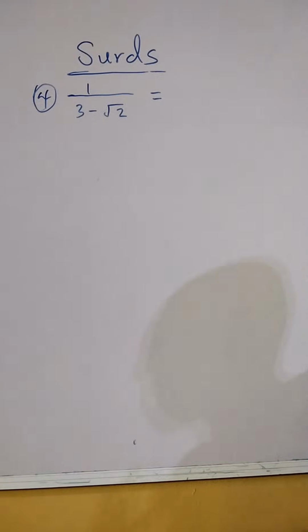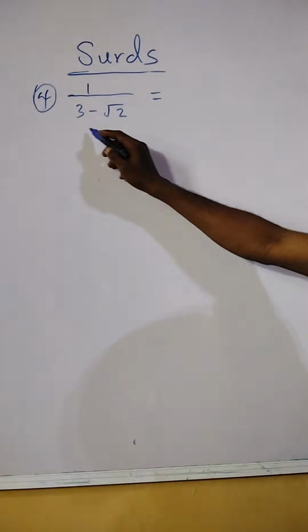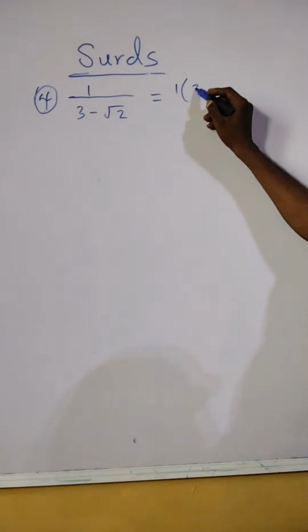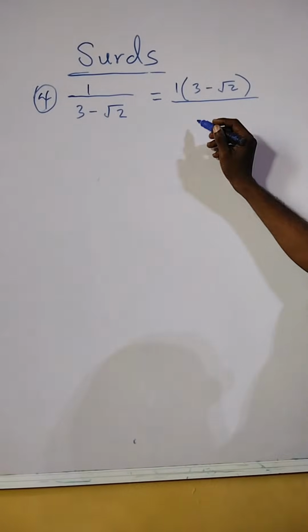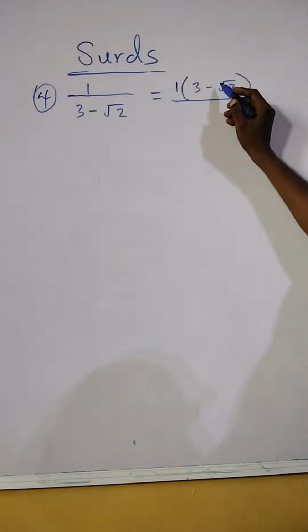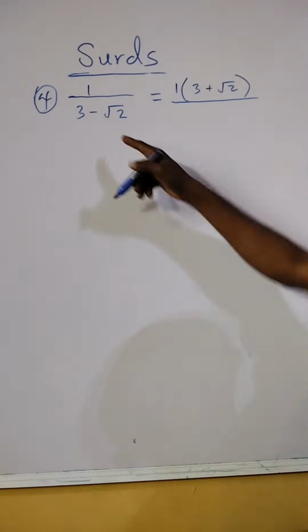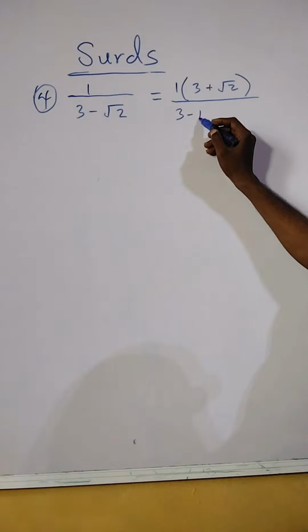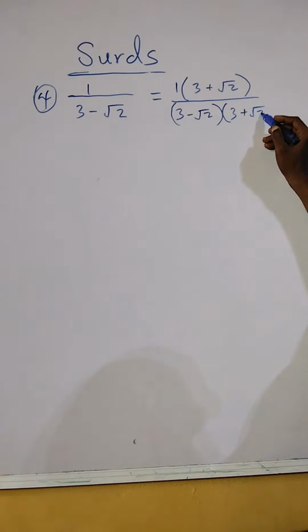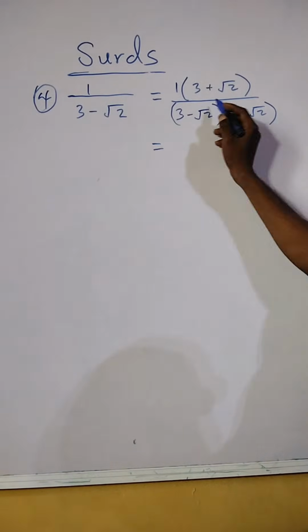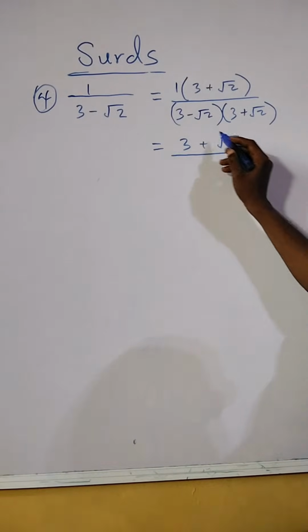Here we rationalize this surd by multiplying the numerator and denominator by the conjugate of the denominator. Here we have 1 times 3 minus root 2, then divided by, also multiply this by the conjugate. Sorry, the conjugate is now plus because we have minus here, so the conjugate becomes plus. So we have 3 minus root 2 multiplying by 3 plus root 2. Then 1 multiplying this, we still have 3 plus root 2, then divided by, these are conjugates,